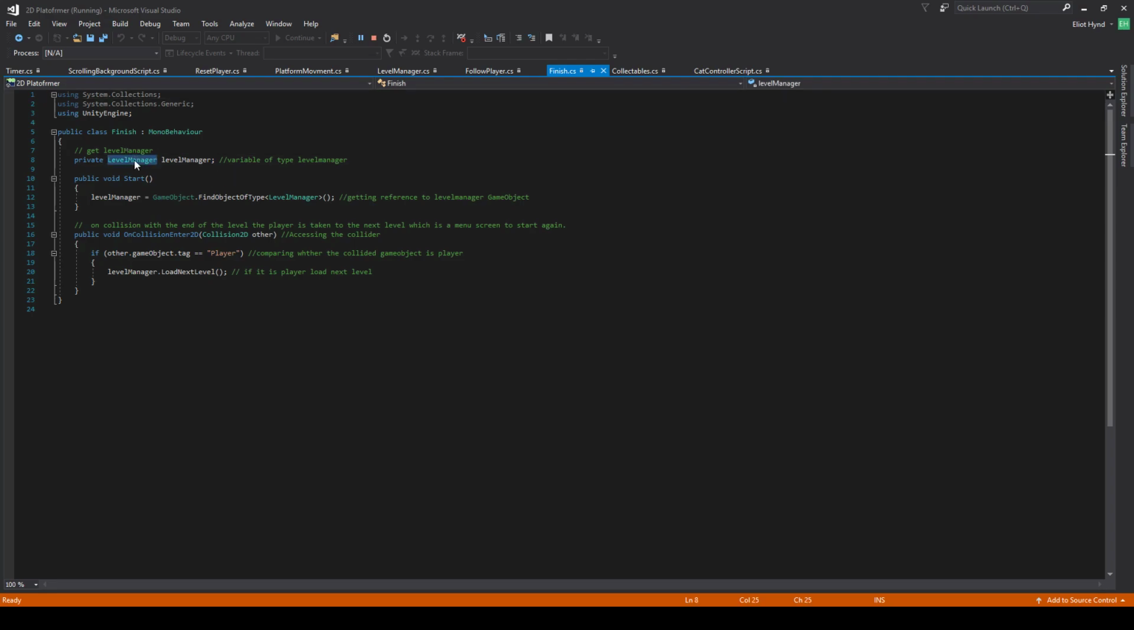So I'm getting the level manager, a variable of type level manager. Getting a reference to the level manager as a game object, which is in the world. On collision with the end of the level, the player is taken to the next level, which is a menu screen to start again. Accessing the collider, checking whether it's colliding with the player, and